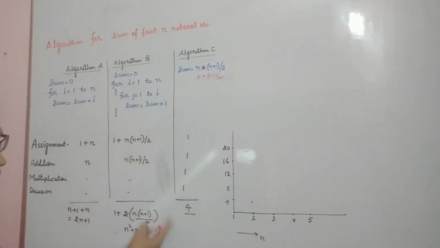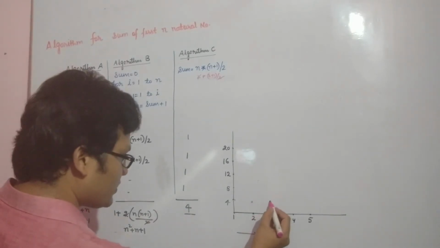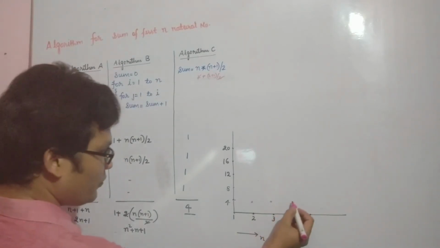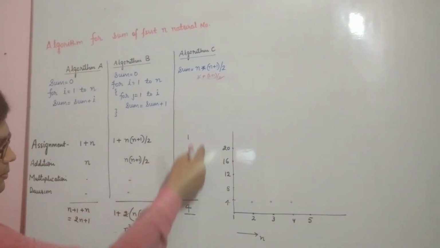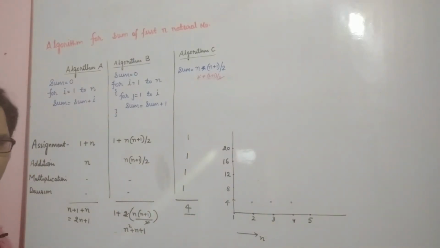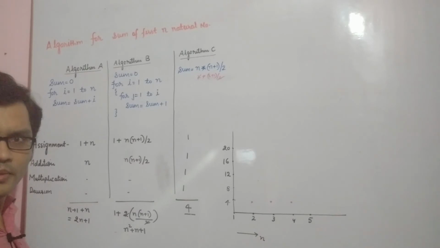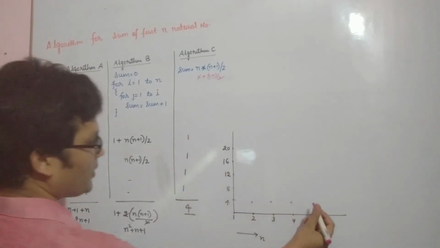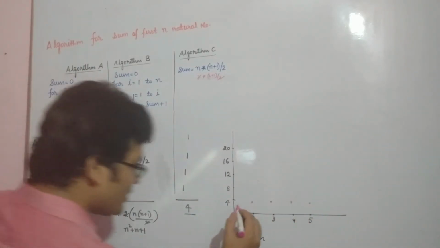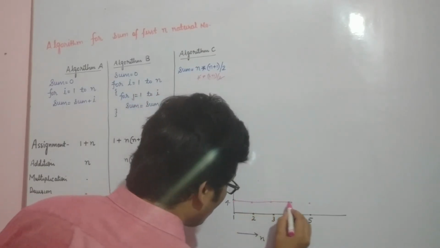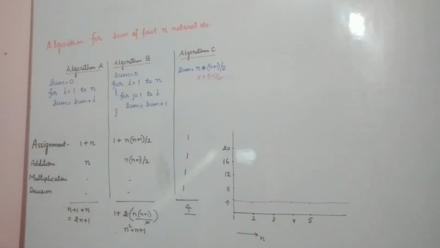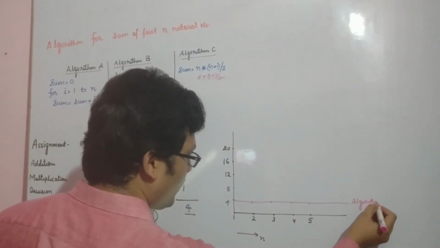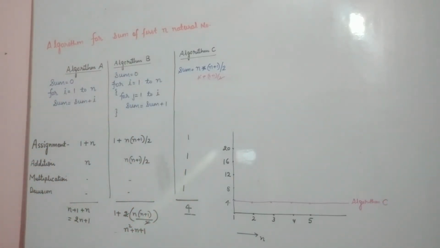If n equal to 3, again number of operations is equal to 4 on this input number 3. For algorithm C, I am talking about algorithm C. If input 4, if n is equal to 4, then again number of operations is equal to 4. Simple arithmetic calculation is there. Simple. Now, if n equal to 5, then again number of operations is equal to 4. So this is the linear graph for algorithm C.